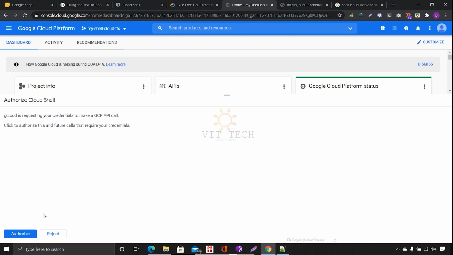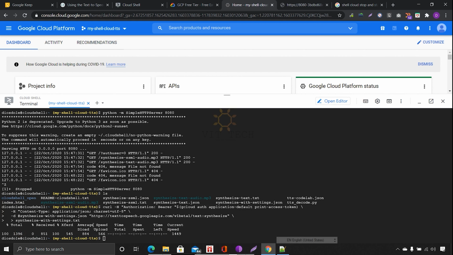Okay, again we have to reauthorize. Sometimes after some time the shell will ask like this. It's normal. Authorize. So now it is created. Now we have to decode it. If you want to check, the same thing will come, synthesis with text.